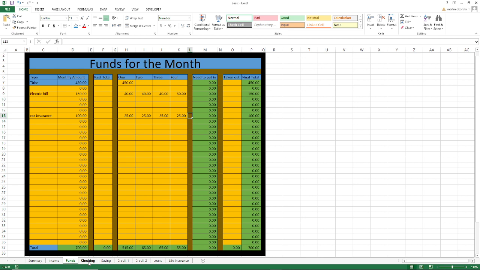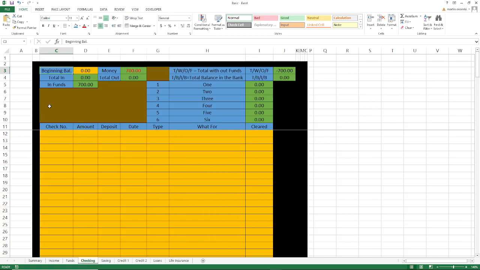And then you go to checking. And as you can see, $700 are in funds. In the beginning, that's the money you have to put in. So let's say your account starts at $1,000. You got $1,000 in your account, but you have $700 in funds.